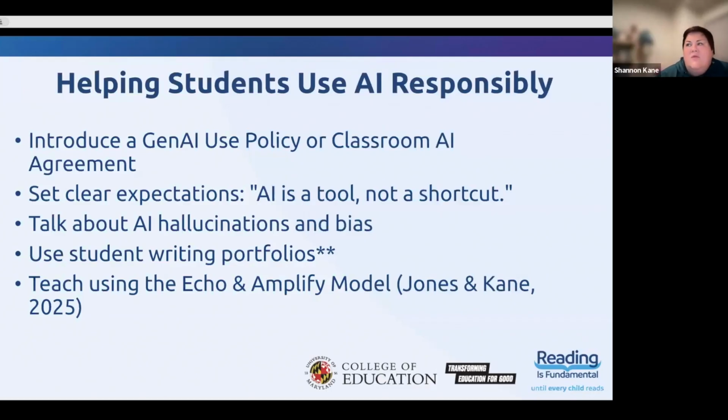And then when you're like, no, we can use it and here's how it's a great tool, but also here's why it's really problematic, and share those things and be transparent with your students. I think all of a sudden there's a little bit more like, oh, they kind of understand why we shouldn't just copy and paste, right? This is where that third bullet, that talking about hallucinations and bias, comes in, right?